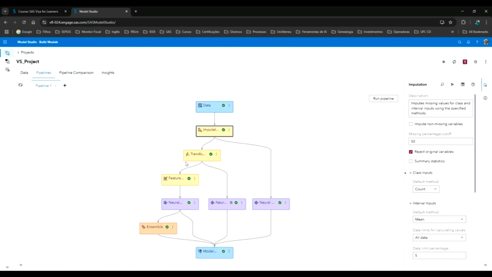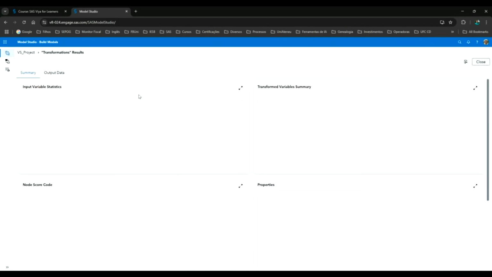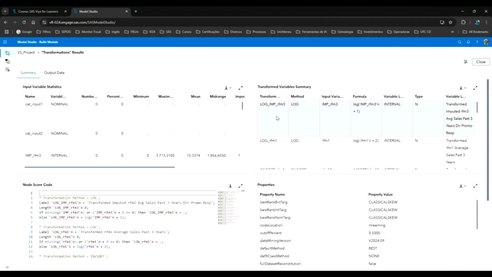I can track, I can understand the source of this new variable. And when I transform to correct some bad things in my variable, for example, the result from this node, look at this.